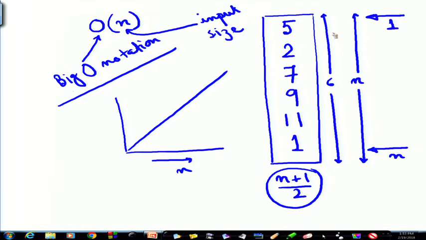However, the way we are searching is known as linear search. One thing to note is that in this case we are not making any assumption about the way in which the data items are organized.